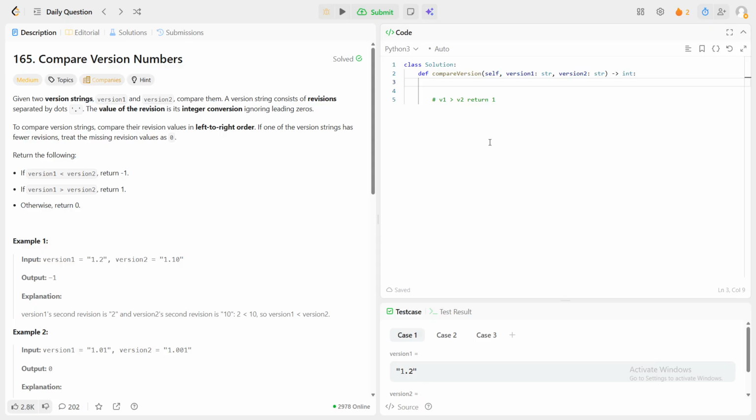So if we do something like, let's say, varray1, we can do version1.split, and this will essentially split up all of the versions. Let's say for the first one, 1.2, it will become an array of strings like this. Now, for our case, or at least how I initially solved it, although later on I'll show a cleaner version of this using better Python tools,